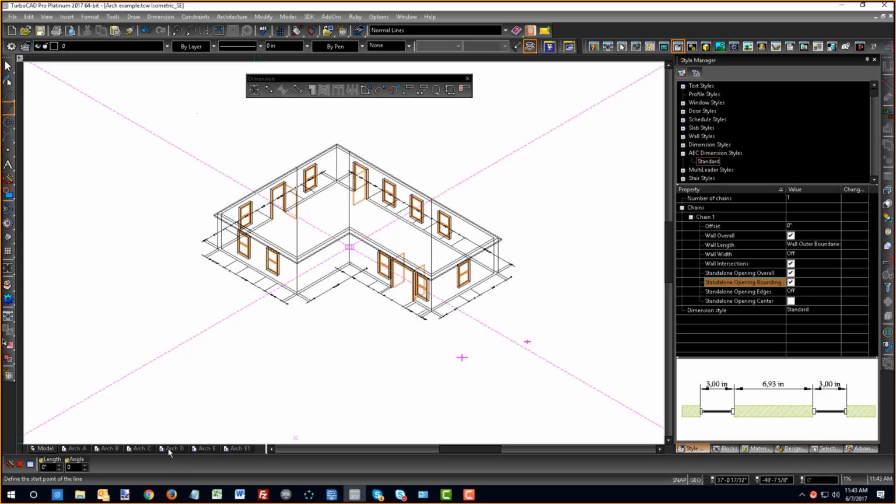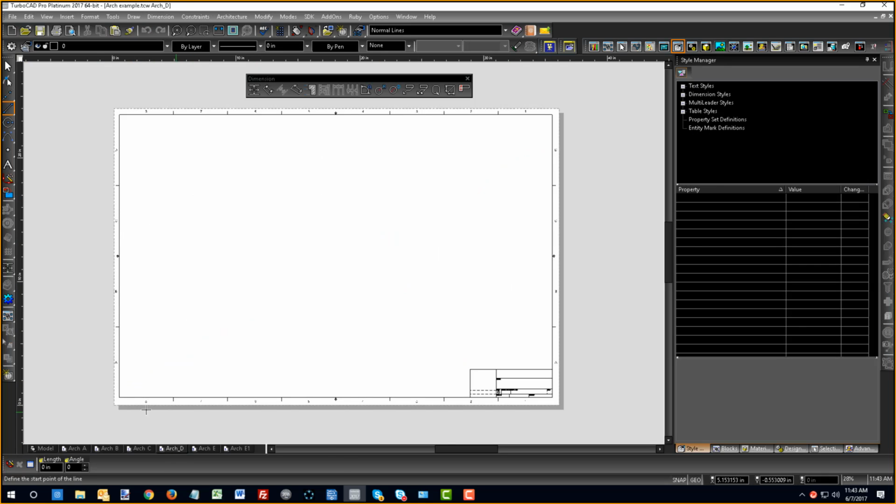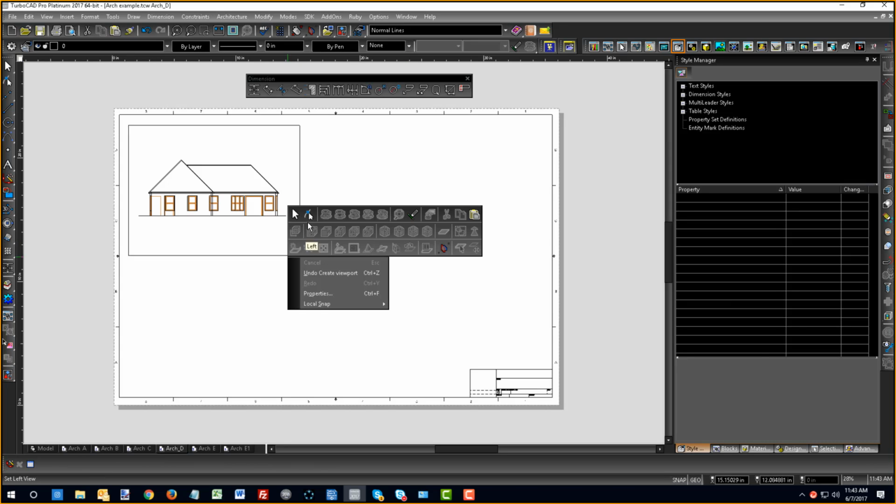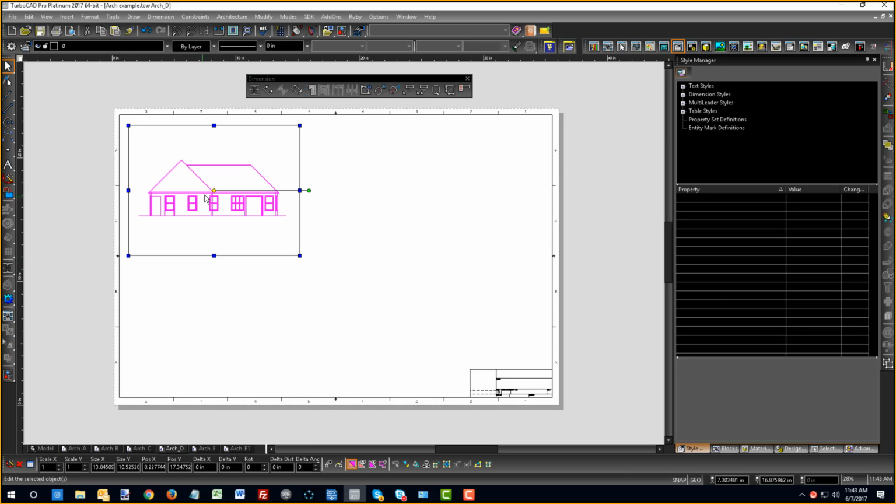Okay, so let's go back to my ArchD paper, which is set properly for my requirements. And now this time I'm going to choose Insert Viewport. So we'll do one viewport here. Let's choose my front. Click Go To. And this is a nice way for making sure you're getting these lined up. I can actually copy this viewport and slide it down here using the Control plus the Shift key so that it's locked to the ortho